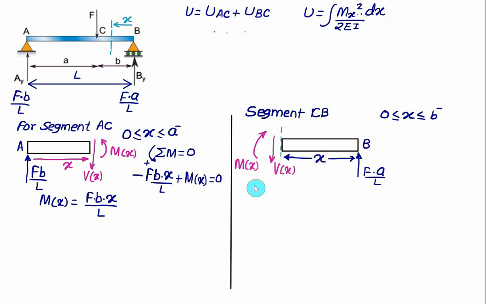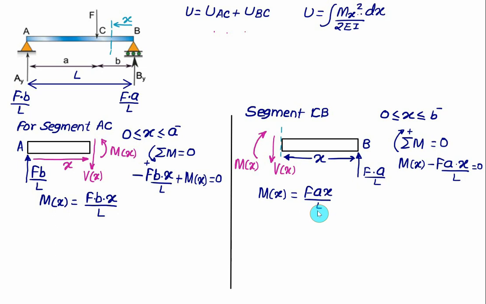To find the value of Mx, again we'll use the same equation, that is the sum of moments. This time we have taken clockwise positive, so clockwise positive must equal 0. So we have Mx as a positive value, and F into A divided by L multiplied by x will be an anticlockwise moment. Anticlockwise will be negative, F into A into x divided by L. The sum must equal 0. So for the BC segment, the moment at any distance x will be equal to F A x divided by